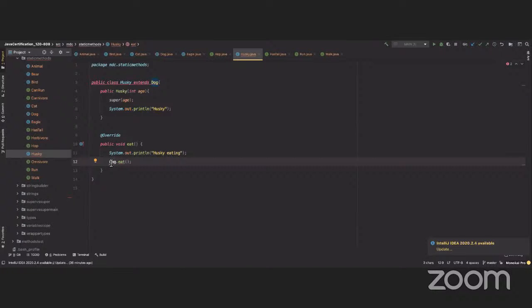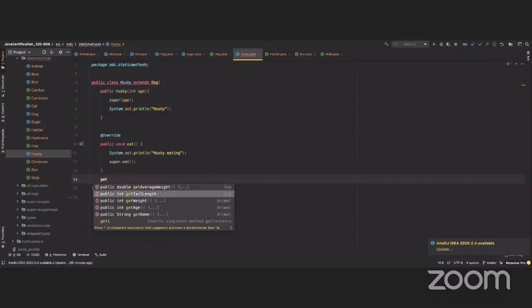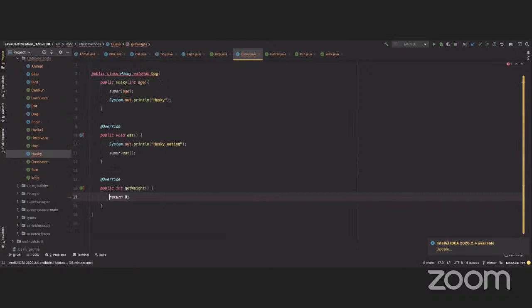Right. So I'm going to put it the way it was before, super. So that's going to be our first method. Then we have to override, we have to implement get weight, right? Because get weight is in the animal class and it's an abstract method. And we have to implement